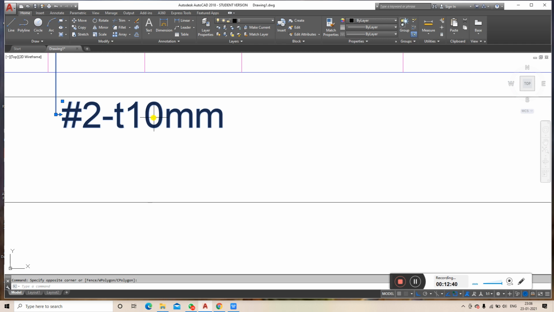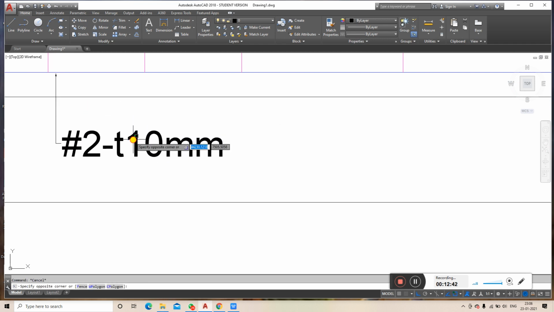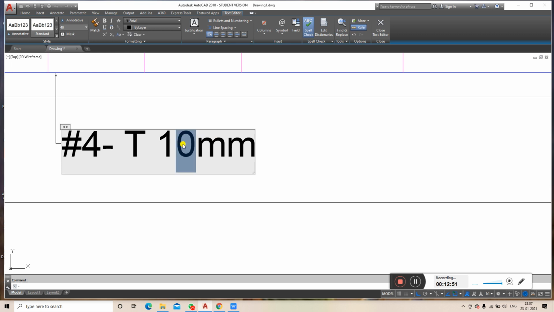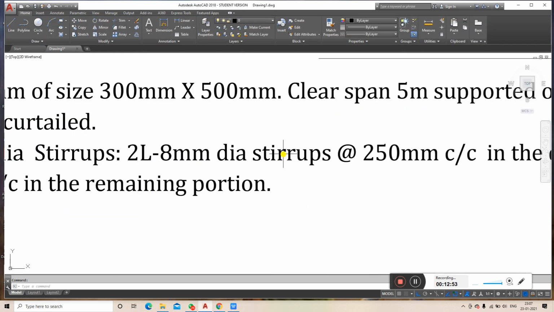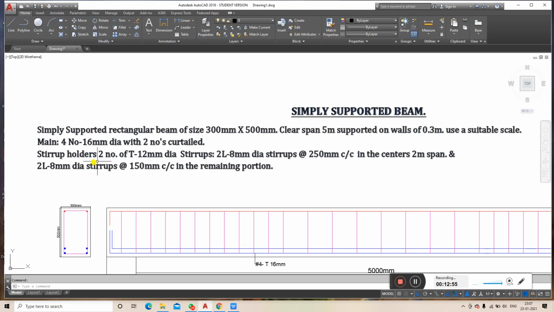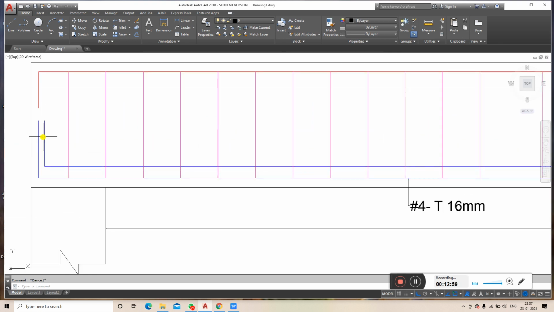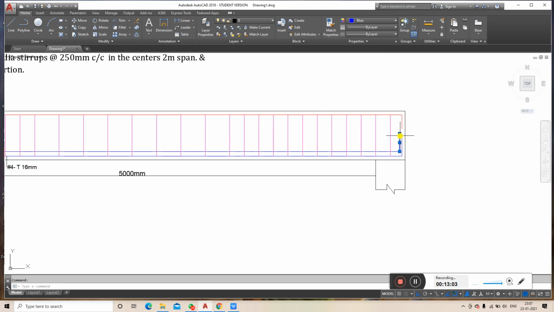So these reinforcements are the main reinforcement, that is nothing but 4 numbers of T 16 mm. So here he has given 4 numbers of T 16 mm. So 2 bars to be curtailed, that means I have not done the curtailment here, so I'll go for the curtailment. 2 bars to be curtailed means from here to,